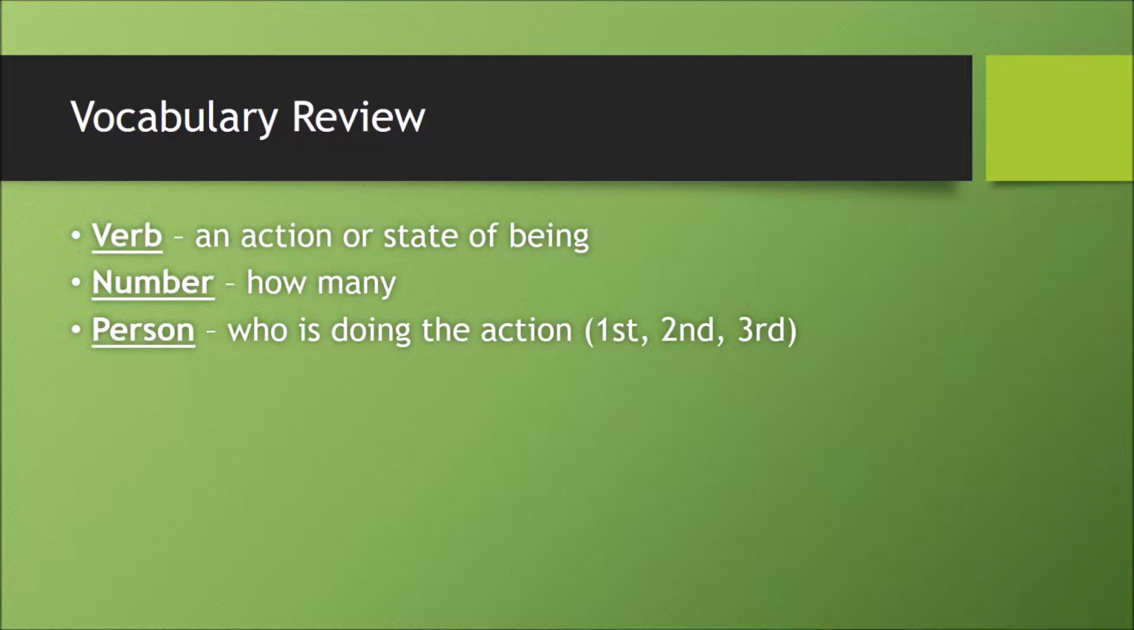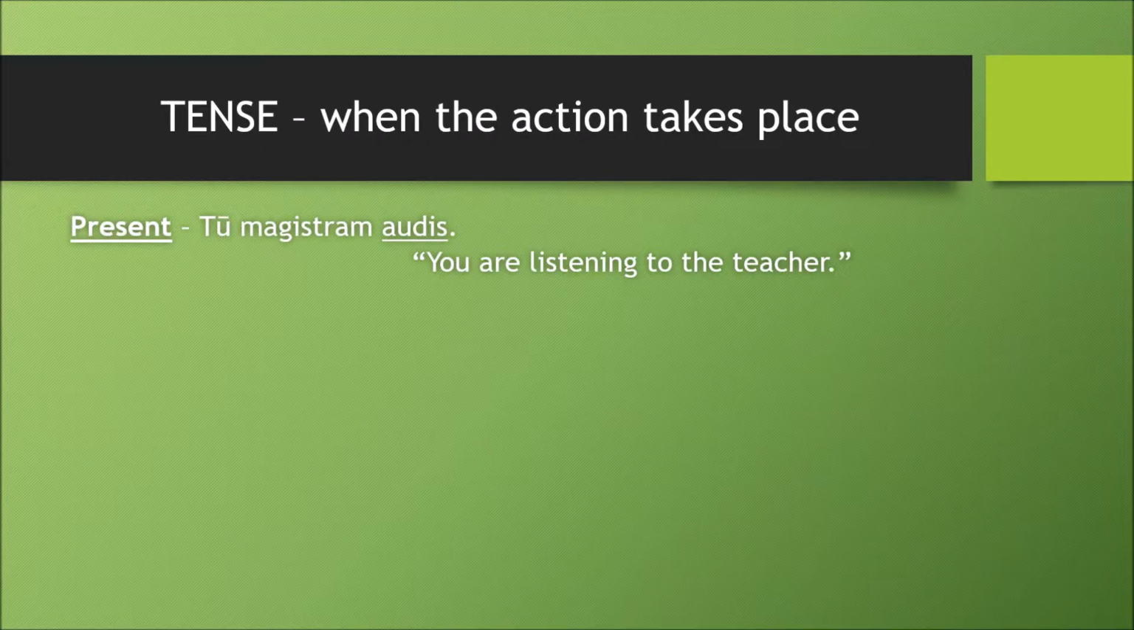You guys know that a verb is an action or a state of being. It has person, it has number to tell us how many and who is doing the action. It has a tense as well for when the action takes place. When we're talking about tense, when the action takes place, so far we know the present tense, tu magistram audis,